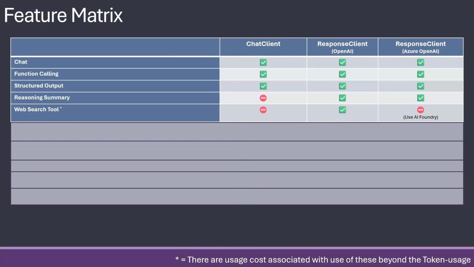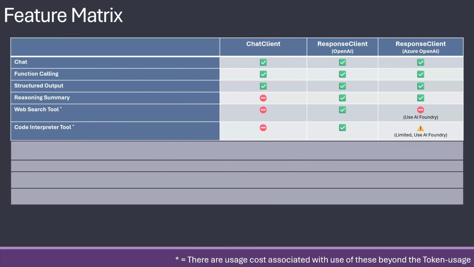The Azure OpenAI version cannot do that. There you would need to use the Azure AI Foundry instead, because they want to have more corporate control over the web search. And as you also see over here, I have a small star. That means that these tools that have a star actually have extra cost on them. So you need to go to their pricing page and see that. I think web search costs $0.003 per 1,000 or something like that.